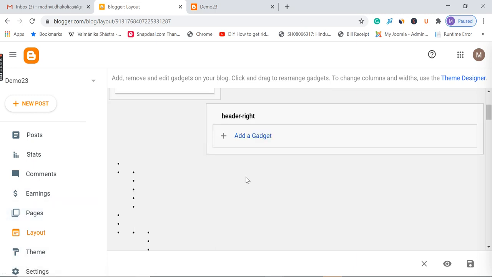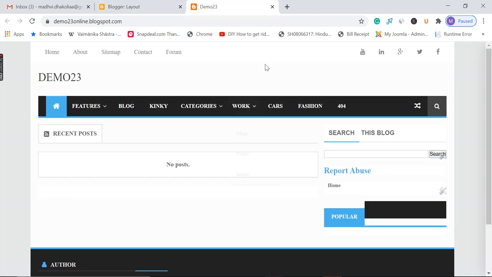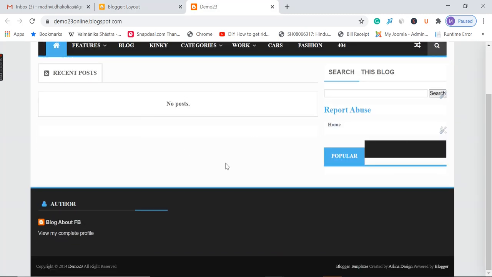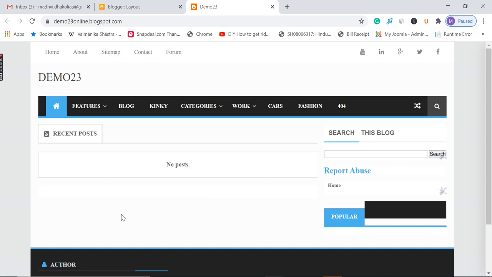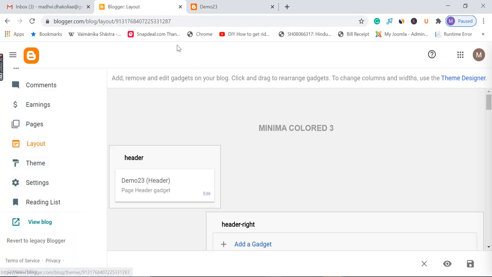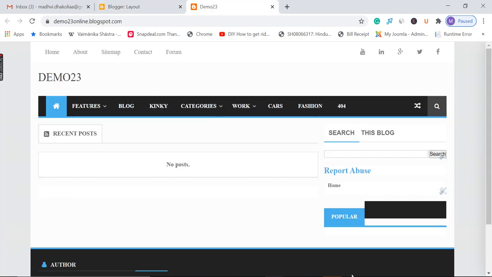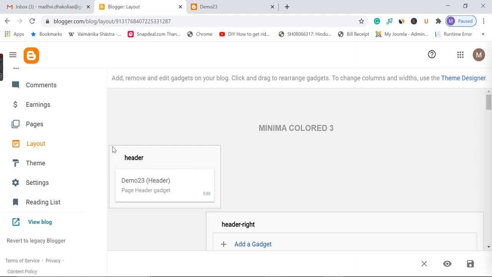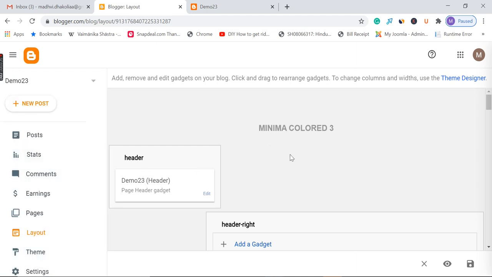So I hope you understood about the Colored Minima 3 theme, which looks very fantastic, professional. The only thing which is left here is to write good articles, run your own blog as per your niche, and this is how you create a free blog using blogger.com. One more thing I would like to mention is that it is not necessary for you to have a custom domain and WordPress in order to get Google AdSense. You can very well get Google AdSense under a subdomain, that is .blogspot.com. So you can create here, customize accordingly, and then get Google AdSense approval. You can simply monetize your blog and earn from it.